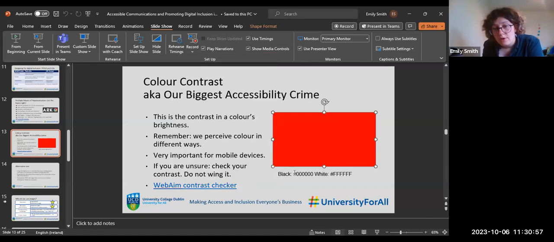On this slide, I've got the codes for black and white. Paste your hex codes into the checker and it will tell you, based on the WCAG guidelines, are you meeting the standards for color contrast? Okay. I often say to my colleagues, don't wing it. Color contrast takes a little bit of time to be able to pick up. So do just use the checker because once you post your content to social media, if that's not accessible, if the color contrast is poor,